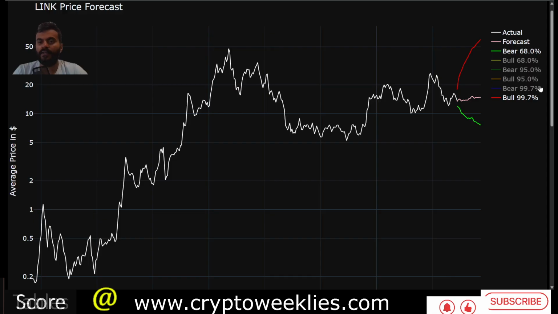0.15% chance. Again, this might come as, why is it 0.15? That is because 99.7 bull case meets with the 99.7 bear case to form that range of what could theoretically be a 3 standard deviation move. So assigning only a half of that to a breakout is 0.15%. There is only 0.15% chance that price per this model goes higher than $60 in the next 6 months, towards the early part